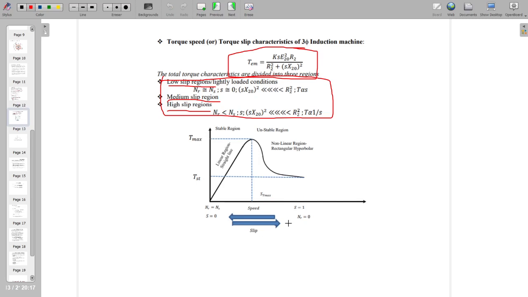The first mode of this motor is the motoring mode. In this mode of operation, the supply is given to the stator side, and the motor always rotates below the synchronous speed. The induction motor torque varies from 0 to full load torque as the slip varies. The slip varies from 0 to 1, and the speed varies from synchronous speed to 0.